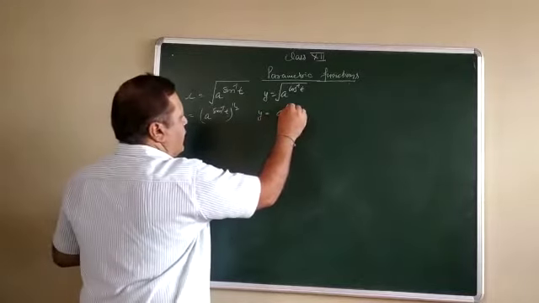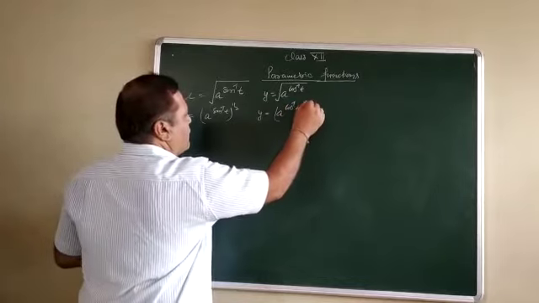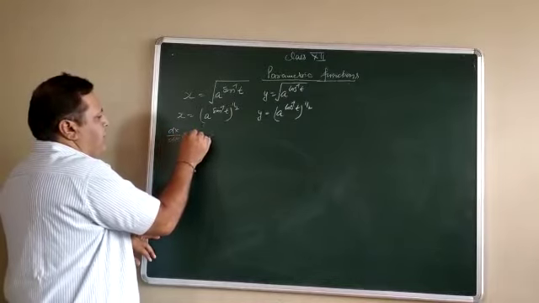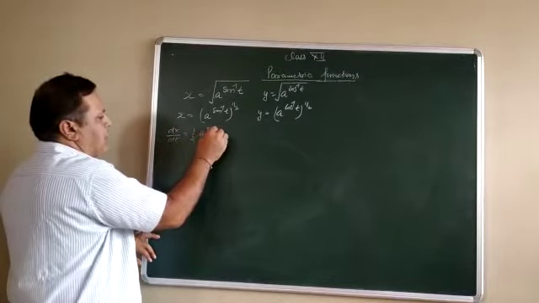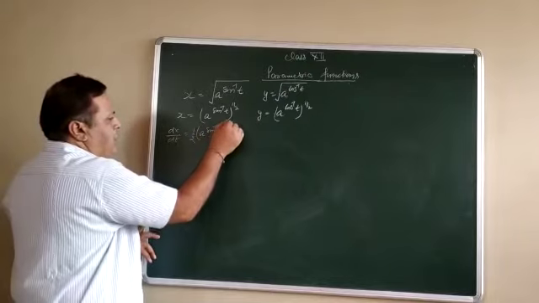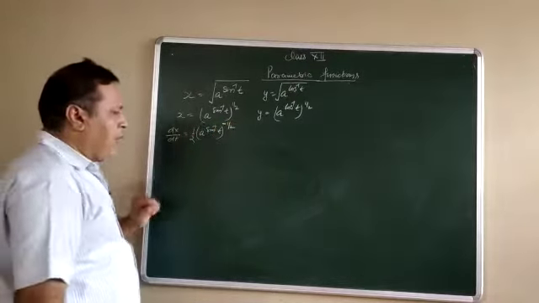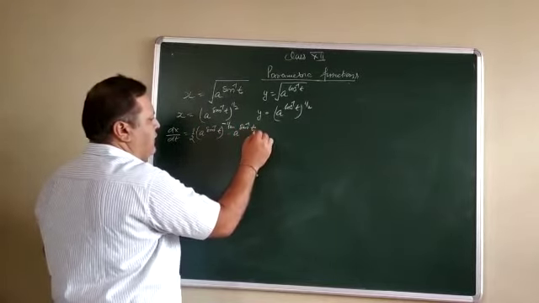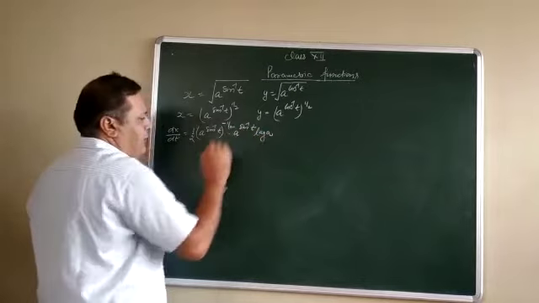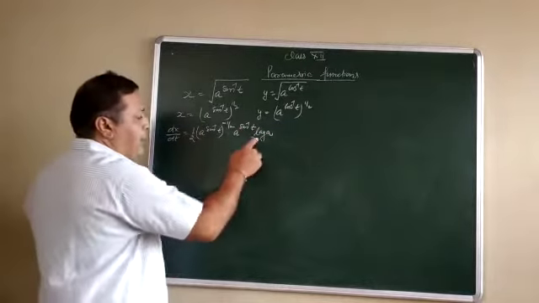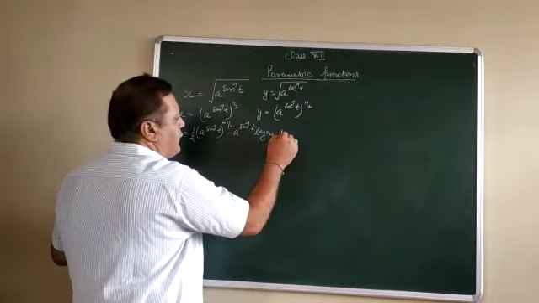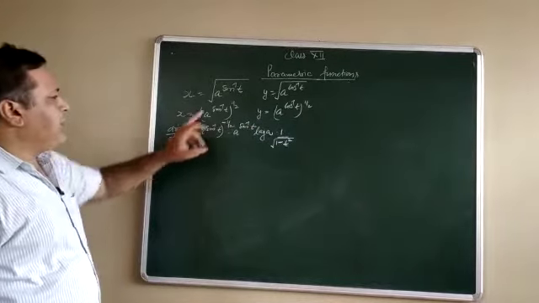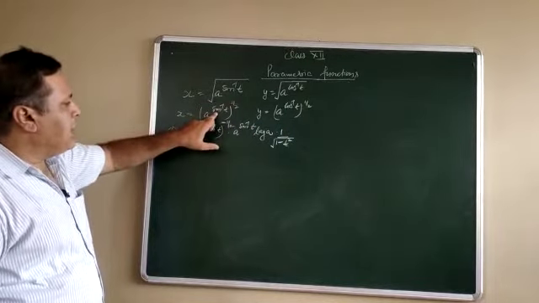y is equal to (a^cos⁻¹t)^(1/2). Now according to the rule, dx/dt = 1/2 (a^sin⁻¹t)^(-1/2). That is the derivative of the power, then the derivative of the function a^sin⁻¹t along with log a, the derivative of a^x, and the derivative of sin⁻¹t, which is 1 upon the square root of 1 minus t square. It is the simple derivative: power, then function, then this variable.